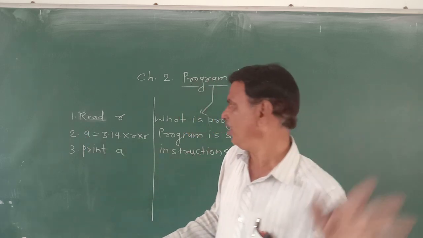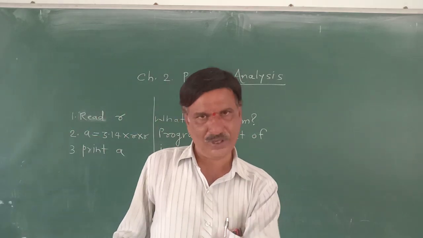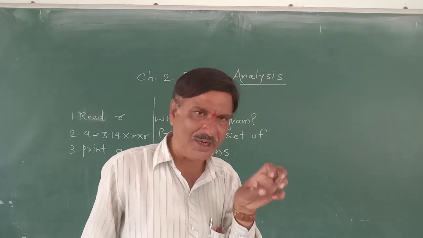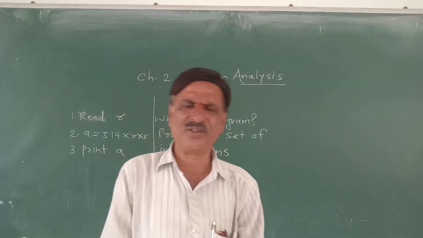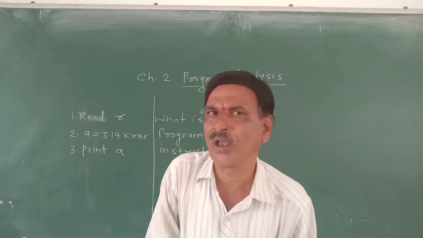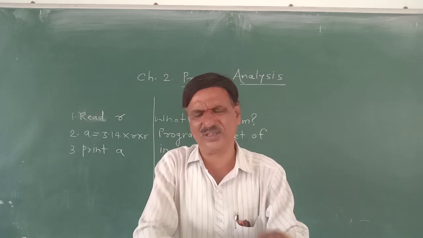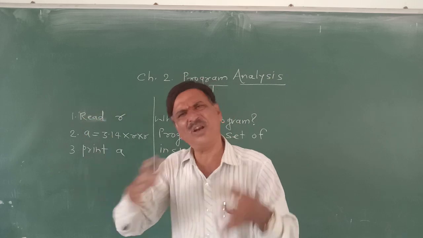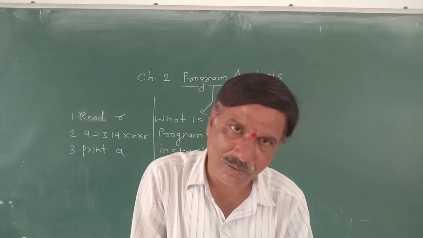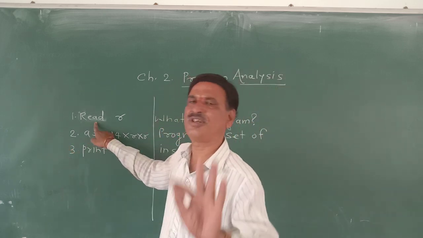Whatever the calculation is available in A, the outcome is in A, the result is in A, simply print that value. It means you are giving the first instruction to the computer: read the value from the keyboard. We are there to input the value. Computer has to simply read that value. Otherwise, what will happen if you do not give this instruction read R? However many values you input on the keyboard, the computer will not accept them. You are giving the value through the keyboard, but the computer must read it. For that, this instruction is a must.